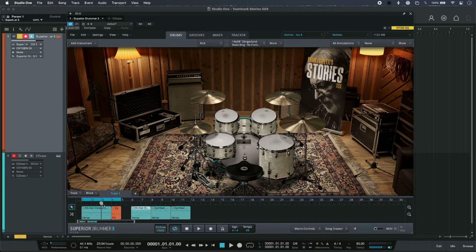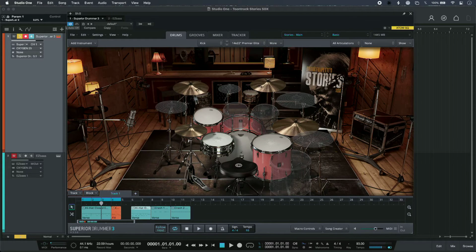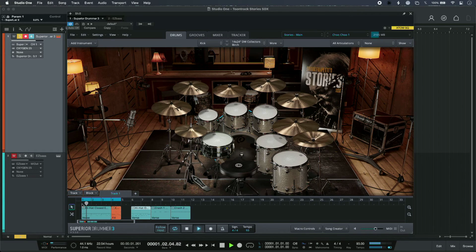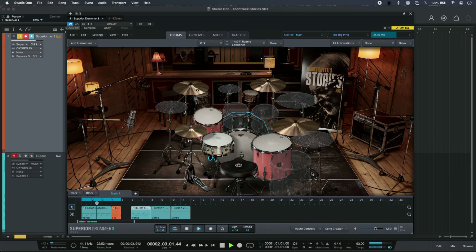Now, as well as the clean basic sounds, we also get the presets from Frank Filipetti as well. So just up here, I can pick those and get all of these sounds dialed in by him. So a real diverse range of sounds there, so big open ambient sounds, but also some pretty produced process ones